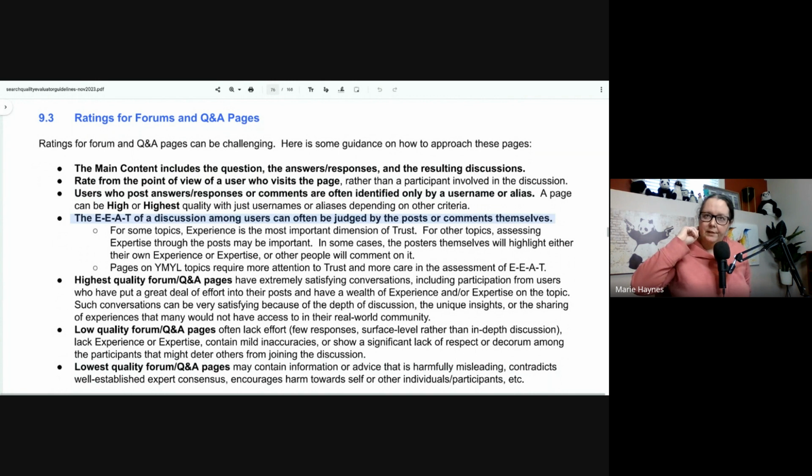I wrote something in Marie's thoughts a couple of weeks ago, I think, with a little theory that I had about vector spaces and EEAT. I'm not even sure if it's right, but it's still worth considering. Because I think for every single query, Google's AI figures out what is important to that query, and is experience something that's important. So for some topics, experience is the most important dimension of trust. If I'm searching for medical information, then having experience in actually treating medical patients is going to improve my trust for the page. But for other topics, assessing expertise through posts might be important. In some cases, the posters themselves will either highlight their own experience or expertise, or other people will comment on it, which is